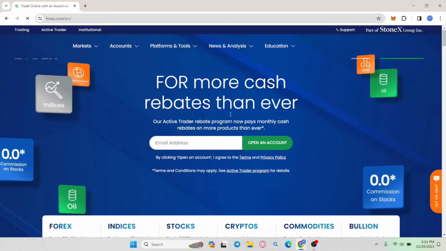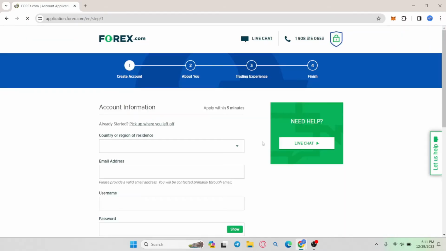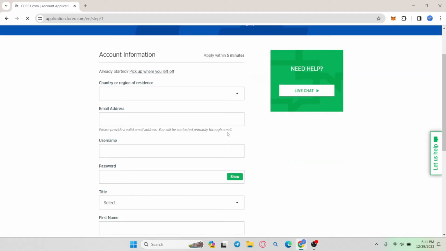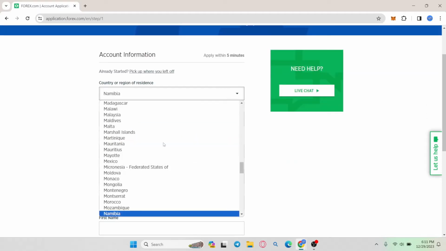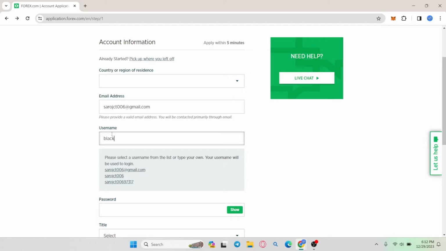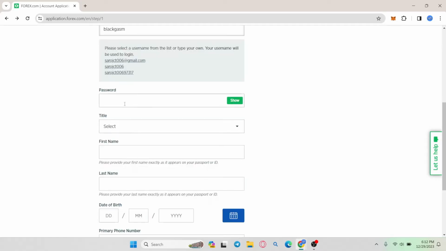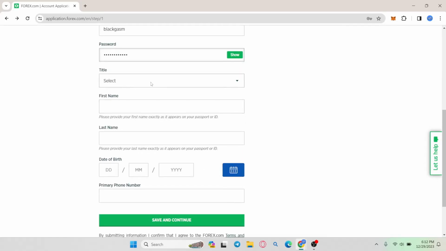Now, right from the home page, you can create your account by typing in your email address first and then clicking on Open an Account. You will then be asked to fill up further information. Go ahead and select your country and then enter your desired username. After typing in your username, type in the password that you want to use with your Forex account and then